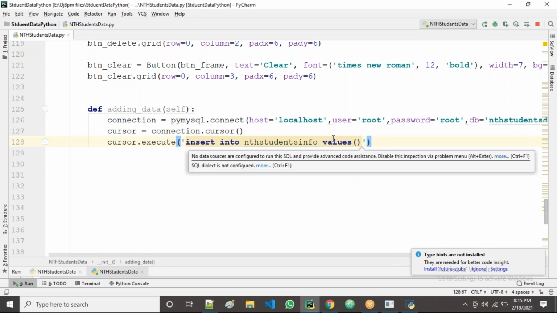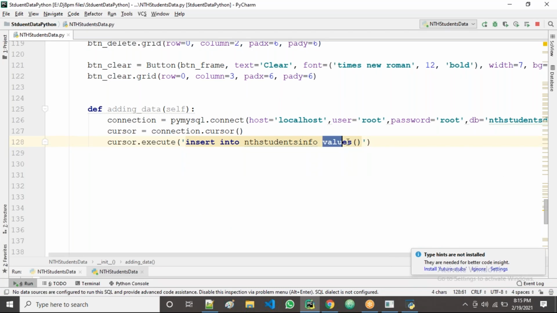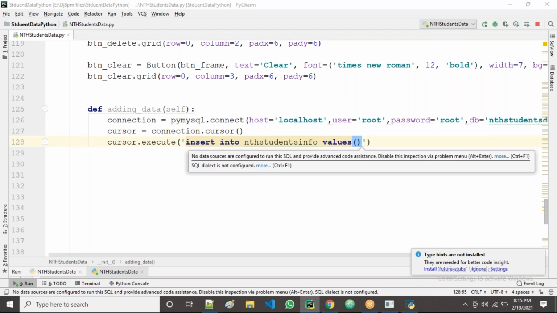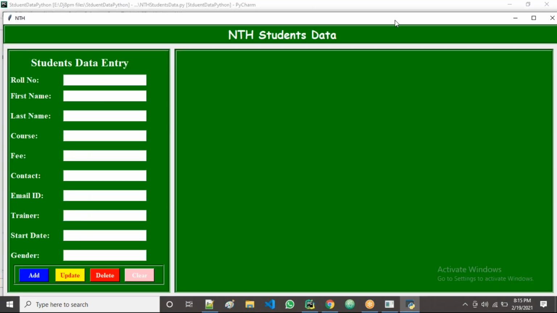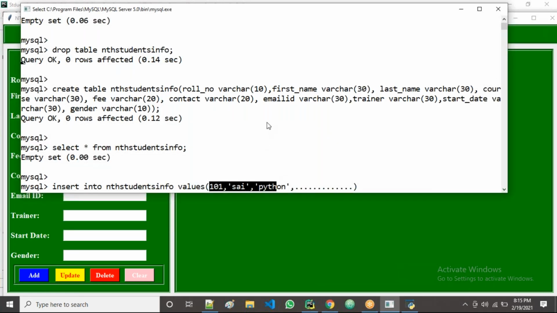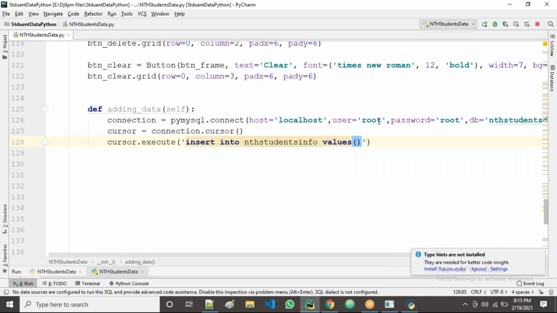Yes. So all of you observe, right? I have taken the values. So how many values will come now? Right, 10 values will come. 10 entries are there, so 10 values will come. And also all are string type, right? You have taken all string type. That's why, now observe, guys.